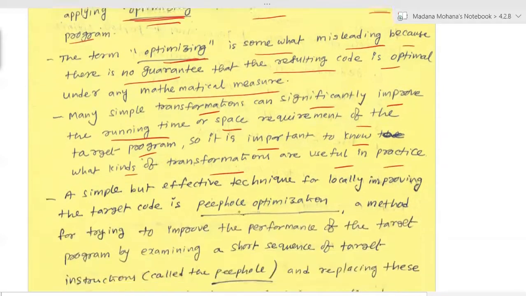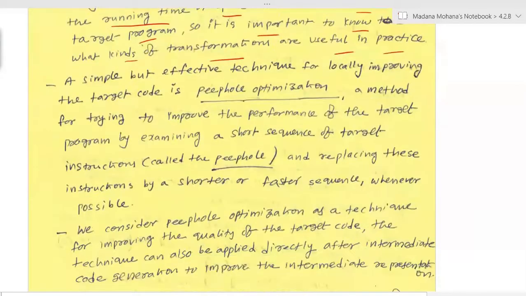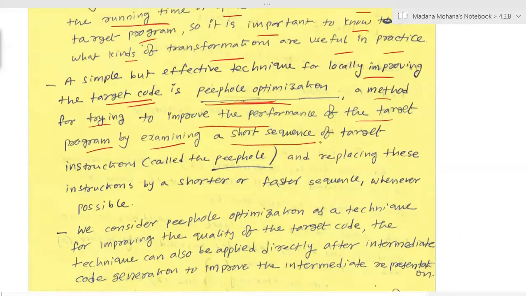A simple but effective technique for locally improving the target code is called peephole optimization. Peephole optimization is also a local transformation within a particular block only. It is a method for trying to improve the performance of the target program by examining a short sequence of target instructions, called the peephole, and replacing these instructions by shorter or faster sequences whenever possible.